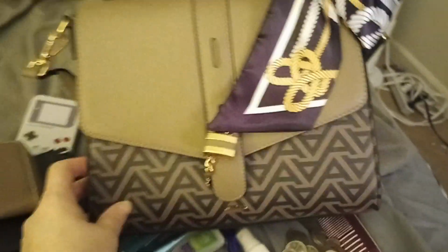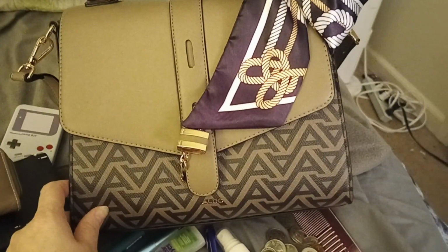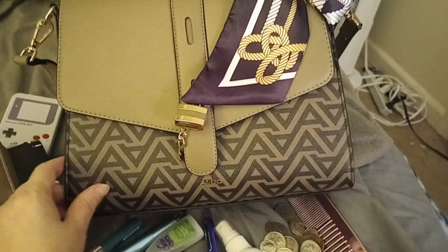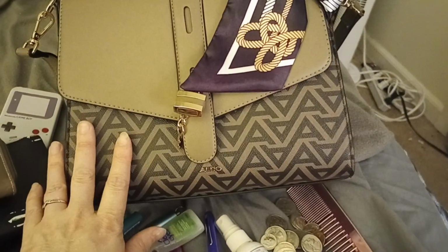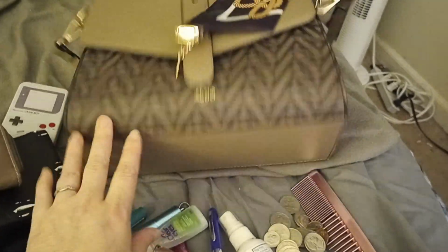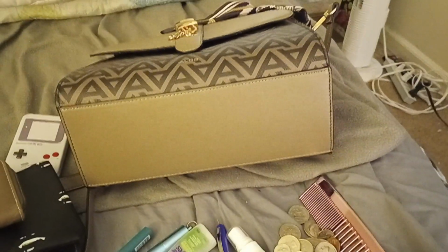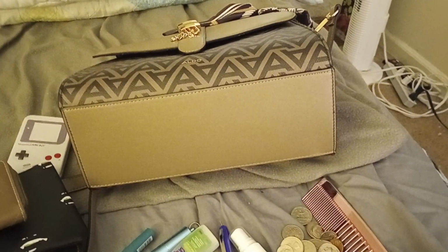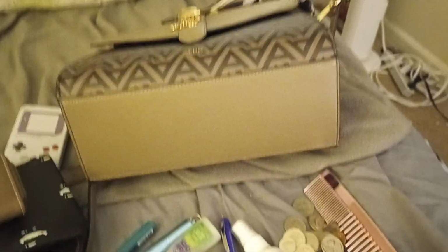So again, this is the Aldo Delixa. They still sell them at Burlington. I was just in there the day before yesterday, and they had an all black one. So I don't know if your Burlington carries bags like this. The main Burlington in my neighborhood is pretty large, so they'll more than likely have it if you live in the Colonial Heights, Hopewell,